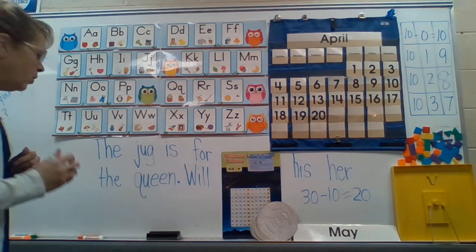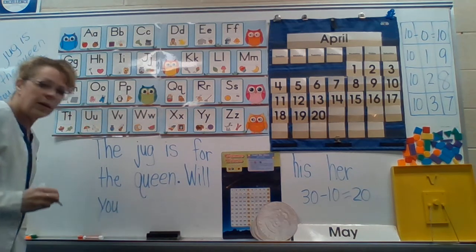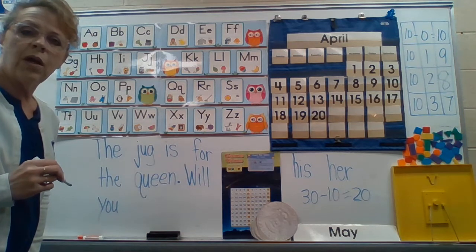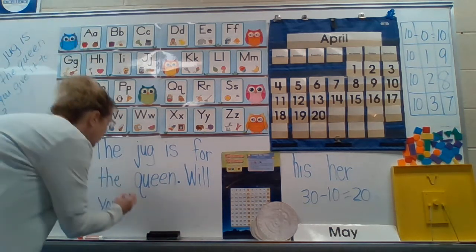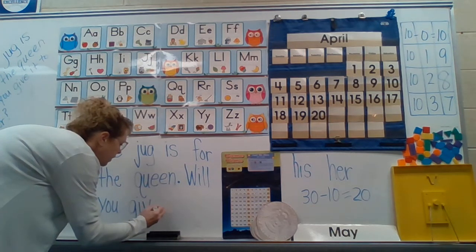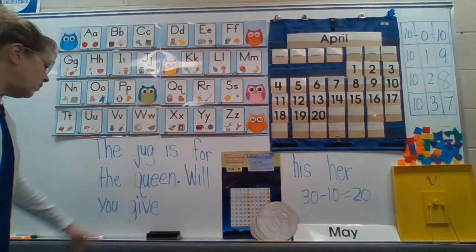You. Y-O-U. Will you. Now the next word is give. G. It has G at the beginning. Then I-V-E. Give. Will you give